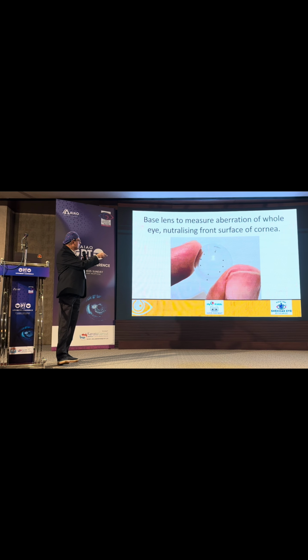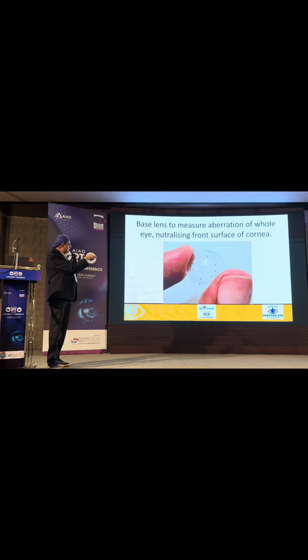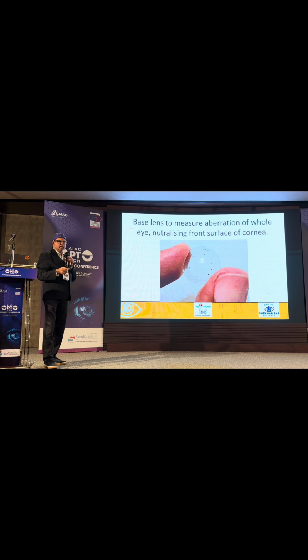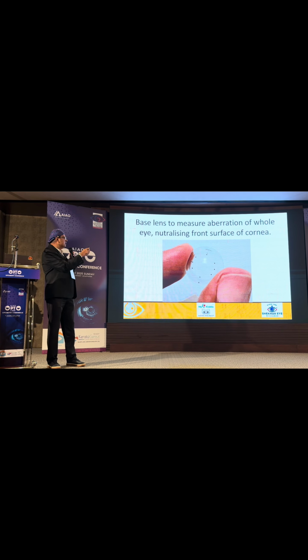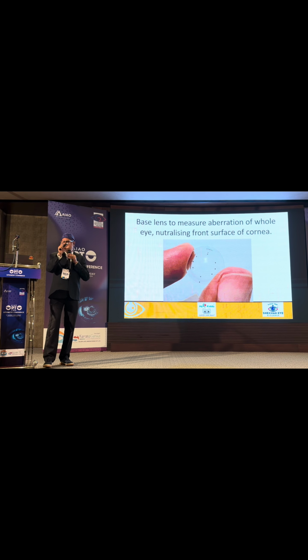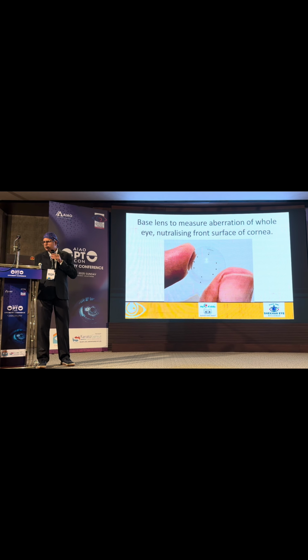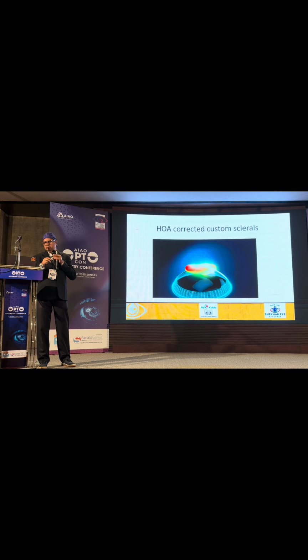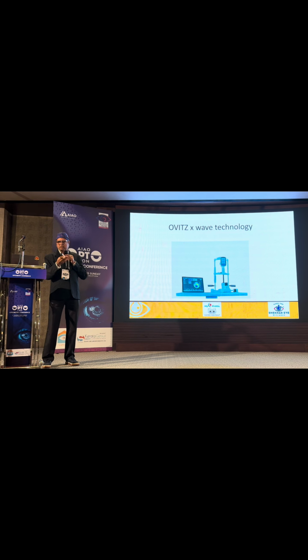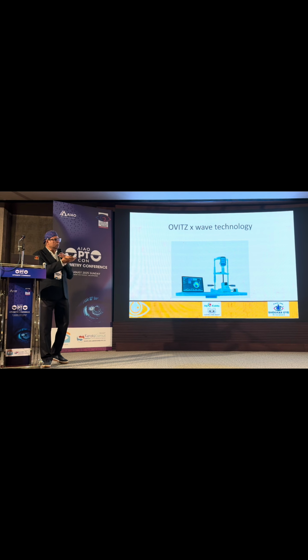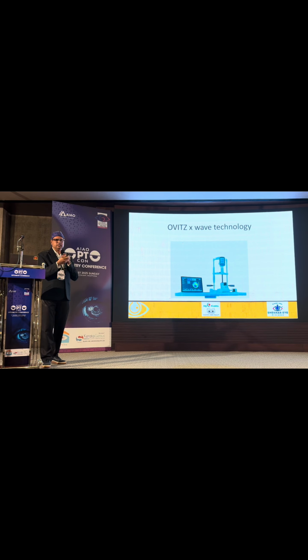So what happens is, the lab will send you a lens like this, a dotted lens. Whenever you do a scanning or anything, you have some pattern. So same thing, this is the pattern. So make sure of the lens rotation, and once you measure with the OVITZ